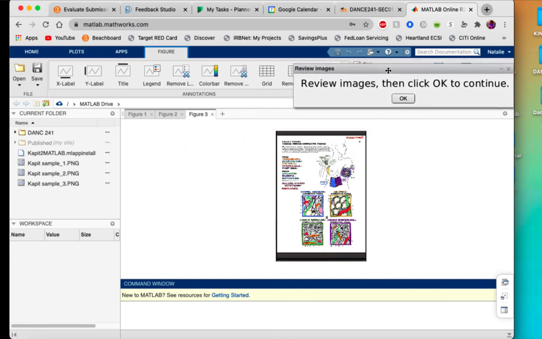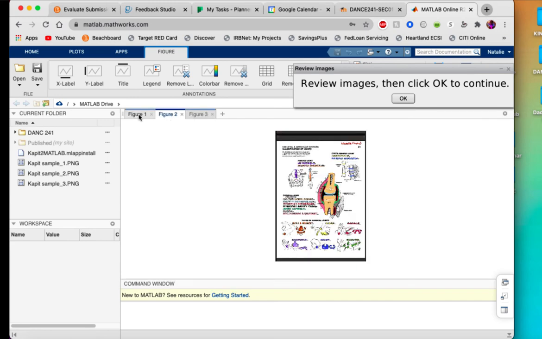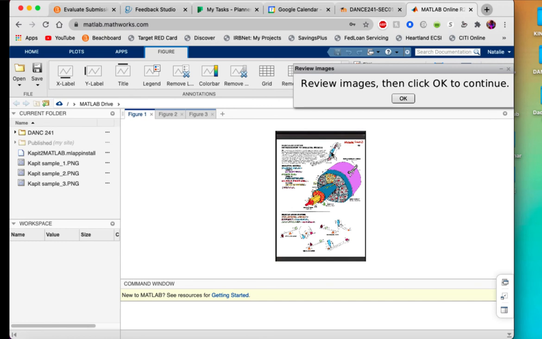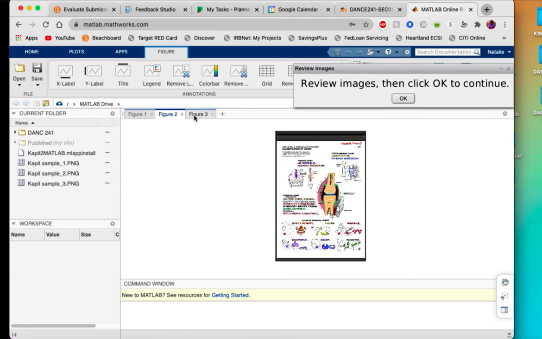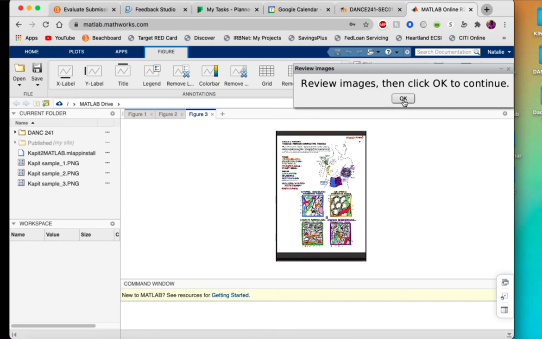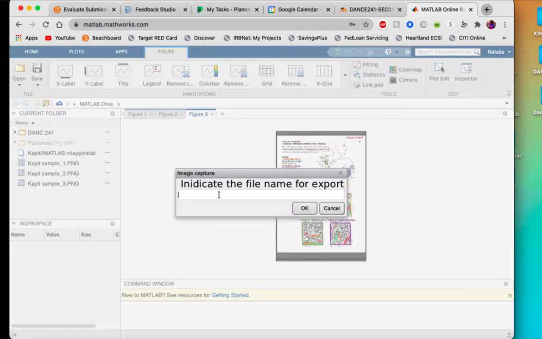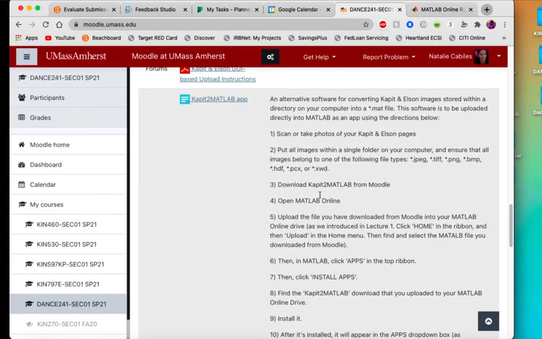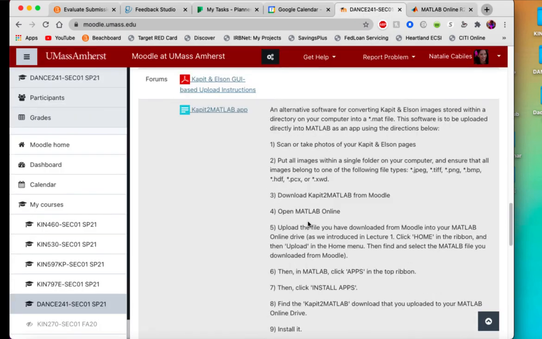So you can move this prompt window and then observe your images that should pop up in separate tabs. If you hover over the images, you have the option to zoom in if you so wish. You could also move around or use other tools. I think the zoom buttons will probably be most applicable, but make sure they look good. Then click OK. Indicate the file name for export. So this should follow the format that has been